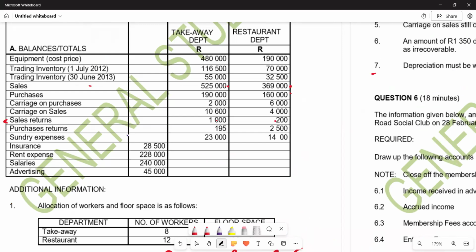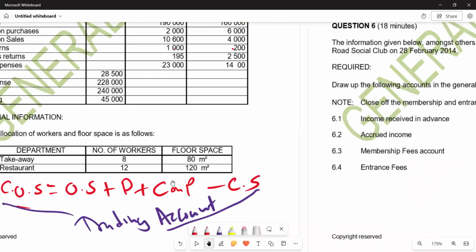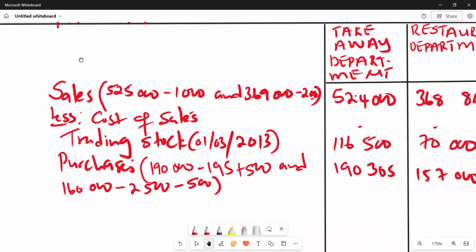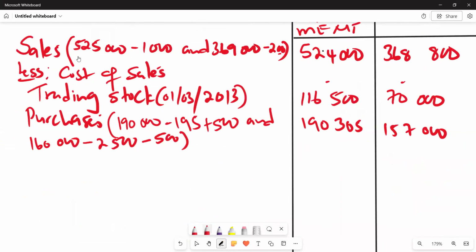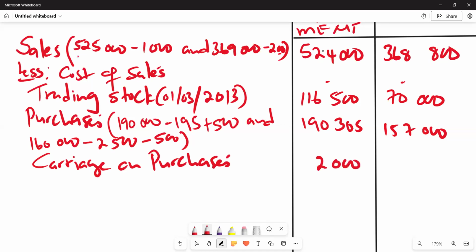So carriage on purchases, we've got 2,000 for takeaway, and we've got 6,000 for restaurant. So we can go and adjust for that one. So we are saying carriage on the purchases. And the figures that we have there, we've got 2,000 for takeaway, and then 6,000 for restaurant. Right. So if we adjust there,